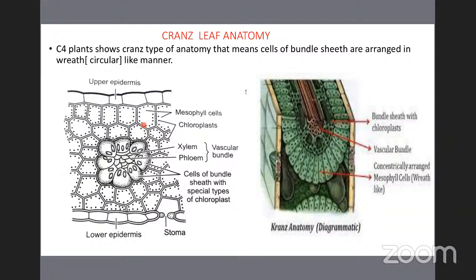And here in the center of this leaf's anatomy, this is a bundle sheath cell. These bundle sheath cells are arranged one after the other in a single cell thickness. These are the cells of the bundle sheath, with that special type of chloroplasts here. So those are agranal type. So this is about the Kranz type of anatomy in C4 plants. In the next slide,